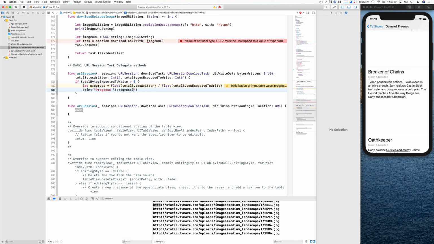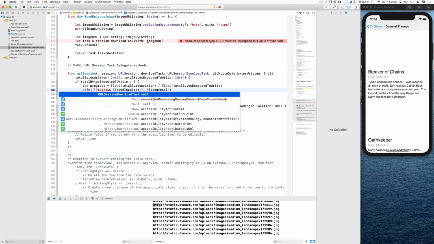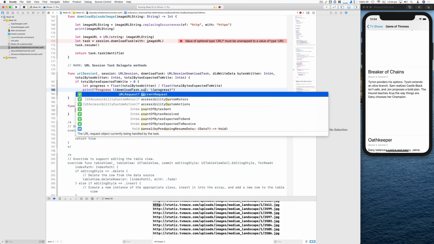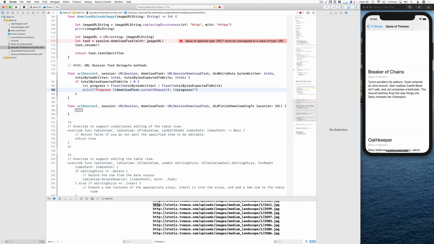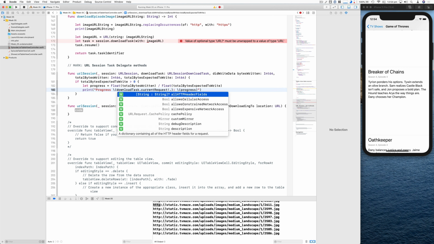The other thing that I can do is I can show a description. So each of these, you can get a URL from it. Here I can choose the download task that's passed to me. So download task, and I can say dot current request, which I know that there will be a request for this one, so it's safe to do this. And I can say dot description,